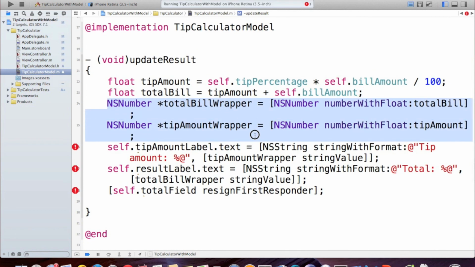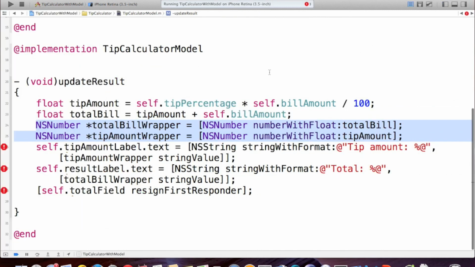I used these two wrappers to show you again how we can use the NSNumber. For this tutorial, I just don't want to use these two wrappers because these are extra. We can use another way in order to have a string value of these two floats. So if we just remove these two lines,